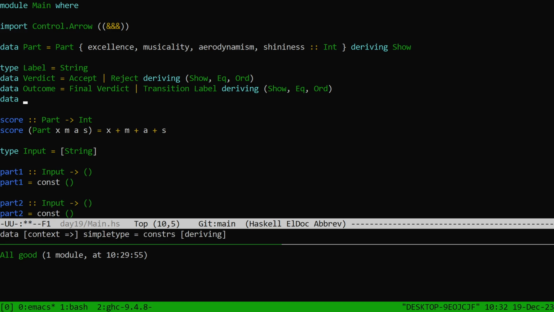I'm faced with... Okay, so let's talk about a Step. A Step is where we have some condition and then an outcome, right? A condition might be excellence is at least 100, and the outcome might be go to PNZ. That's what I intend for Step to be. The problem is,